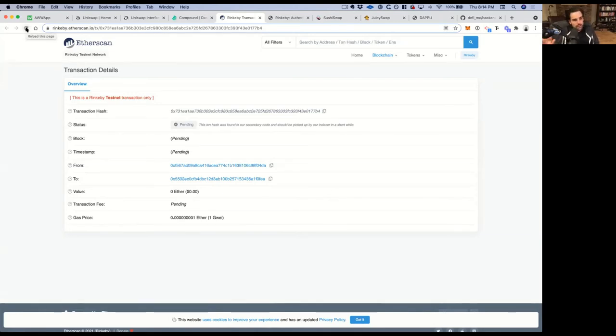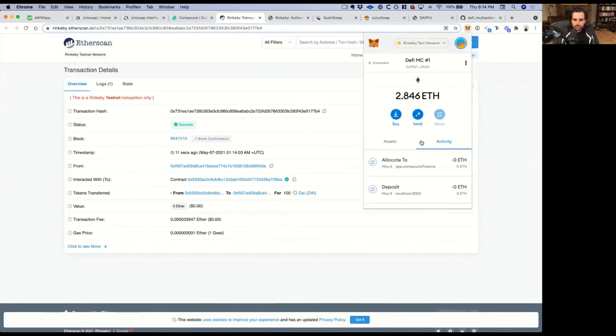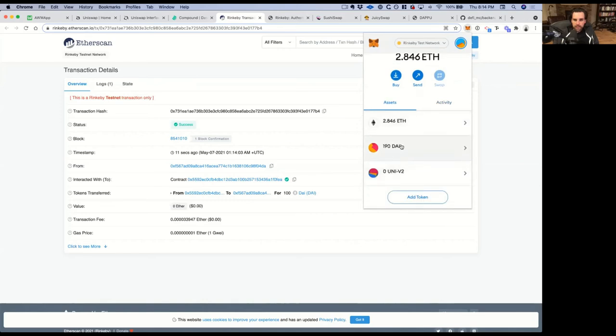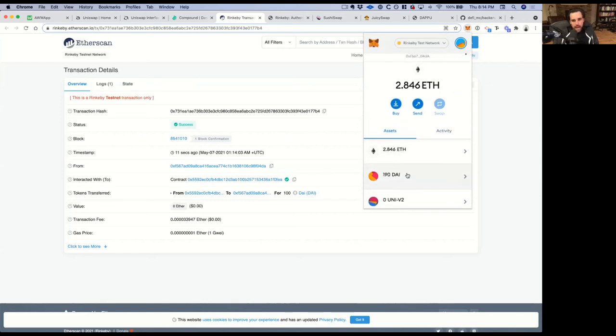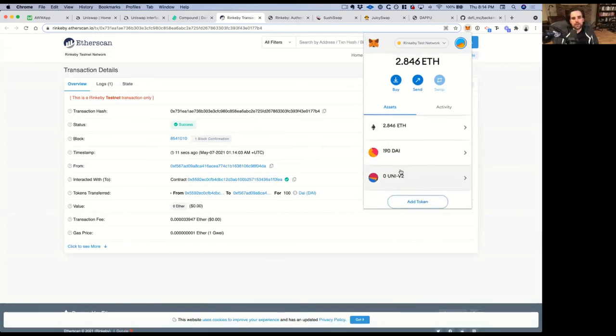Of course, again, this is fake cryptocurrency. It's not worth anything in the real world. But you'll see here once this transaction gets mined that, boom, we just got 100 DAI tokens for free. So now you can go check that in your wallet. You can look at assets, and I can see I have 190 DAI here. Okay, so I did this before on the same account just to run through the steps before we did it tonight. So I had 100 DAI before and spent 10,